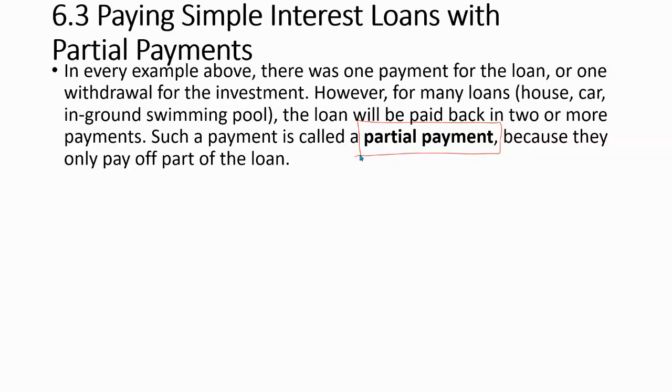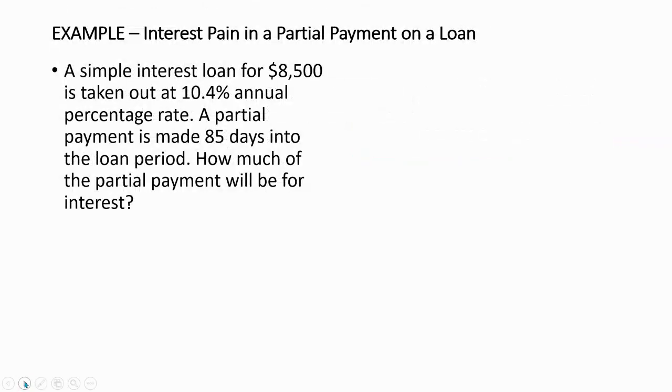So we calculate partial payments because when we do that, we're always going to take some interest off. Some interest is going to come out of that payment. It's not all going to go to the principal. So calculating a partial payment, we're still going to use our simple interest formula. We're still going to use I equals P times R times T. But the way that we're going to do that is,